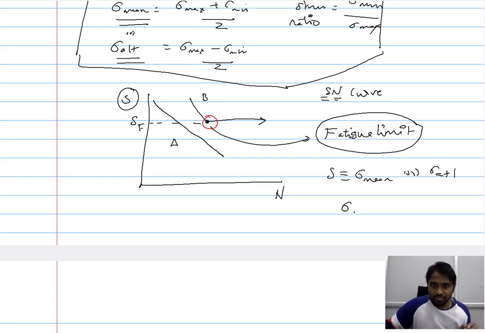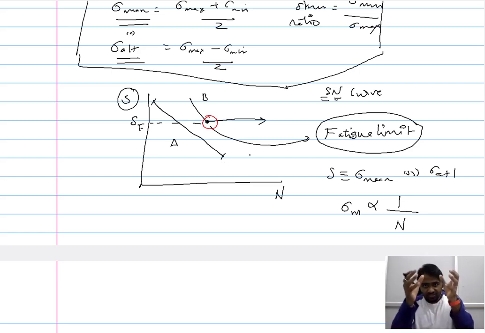So since there is an inverse relation, you can arrive at an expression for it. Say, for instance, you are considering mean stress, and it is possible for us to relate it to the number of cycles the material survives for a given mean stress. And since what we have is an inverse relation, experimentally people have been able to arrive at an expression for it. People have been able to fit this particular curve that you see, wherein as the stress increases, the number of cycles experienced by the material decreases. And this expression is called Basquin's expression,